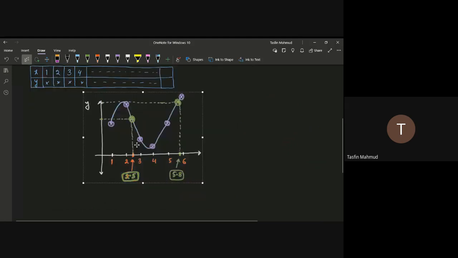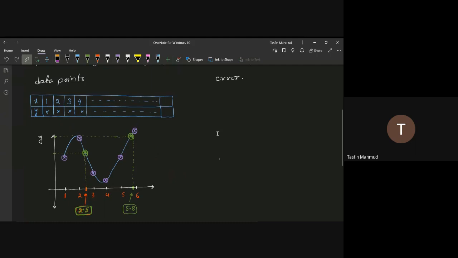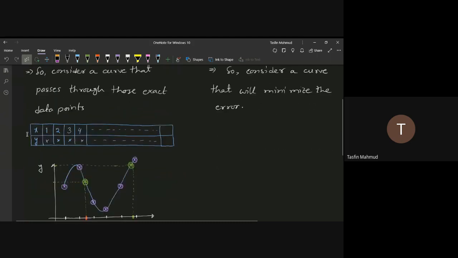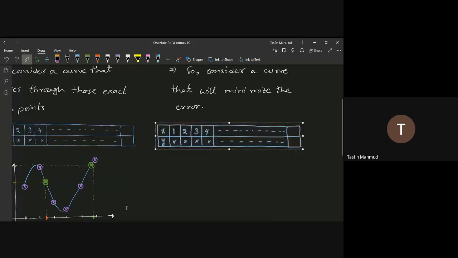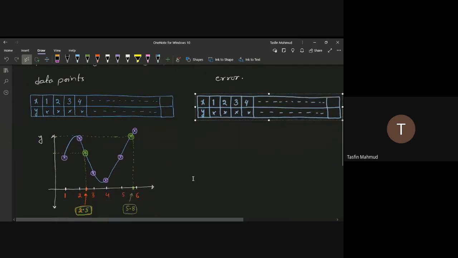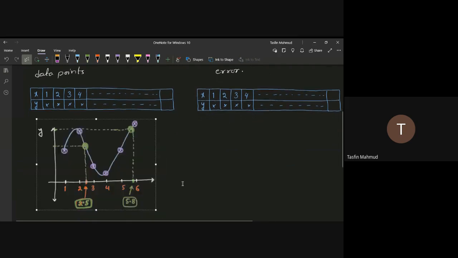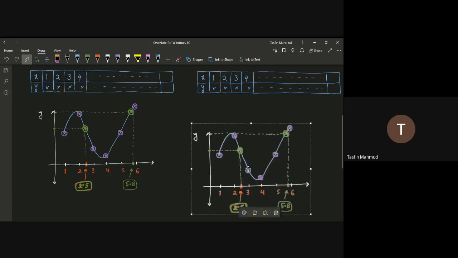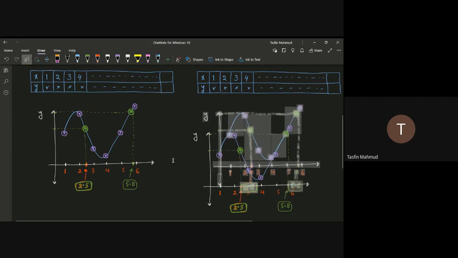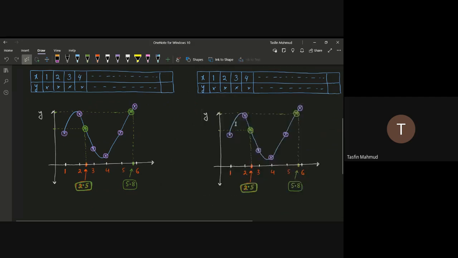But in case of regression, as we mentioned, our data points are erroneous. So the table that we get in case of regression is not exact, or our data is erroneous. So the curve that we will try to fit, let's copy this curve, we'll try to minimize the error rather than passing through the points exactly. So if I remove this blue color curve,